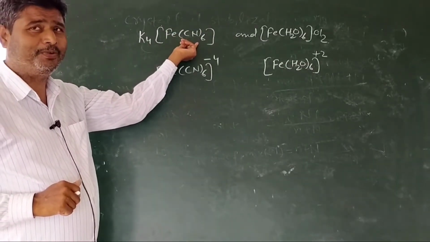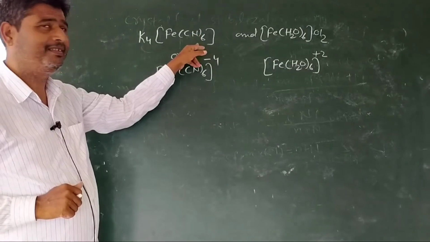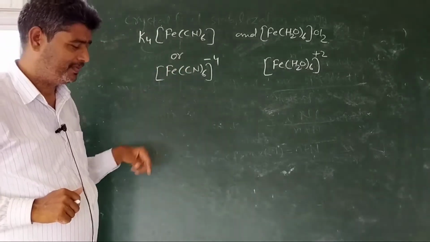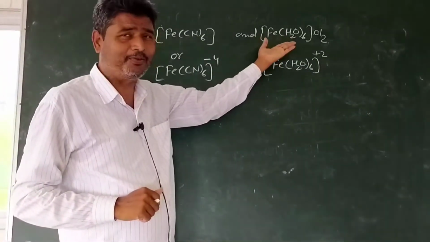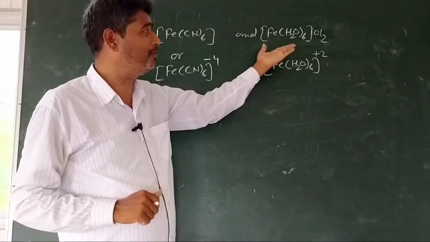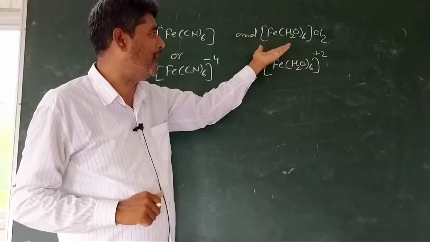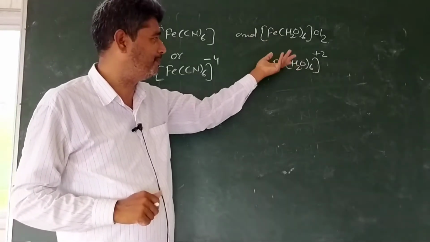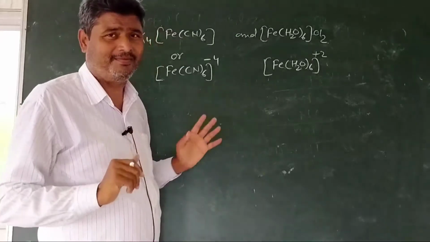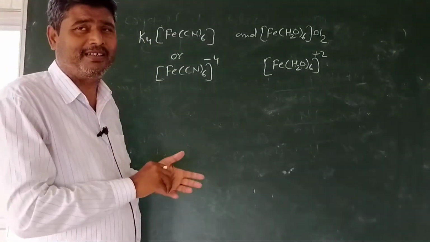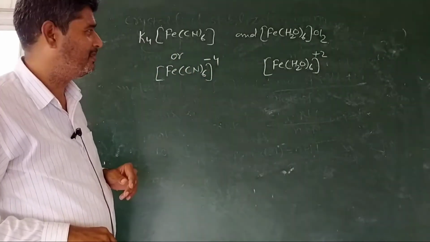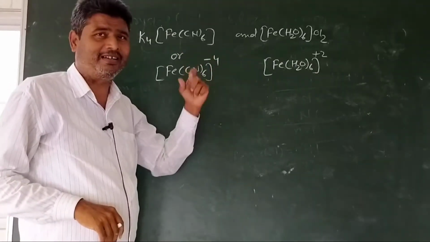In the first case, cyanide is a monodentate ligand, and the number of cyanides is 6. Six coordinate bonds will be set up here, hence the coordination number is 6. Similarly for this, water is also a monodentate ligand and the number of water molecules is 6. Hence 6 coordinate bonds are also formed here, so the coordination number is also 6. Being coordination number 6, it belongs to octahedral. It is clear that the given compound is octahedral.